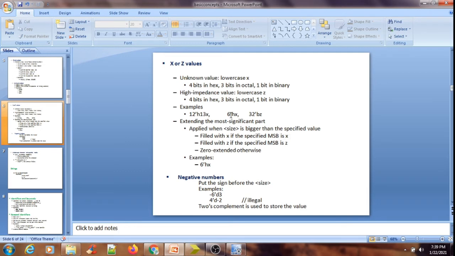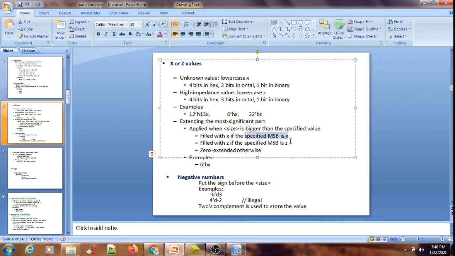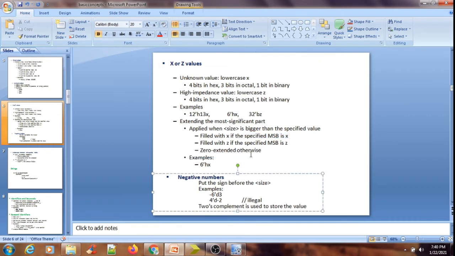For example, a 12-bit hexa x41: the LSB 4 bits will be 0001, the next 4 bits will be 0100, and the remaining MSB bits will be occupied by x. The same is followed for z also.